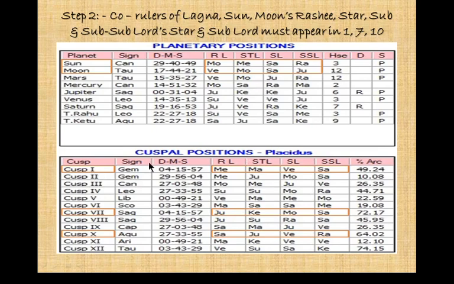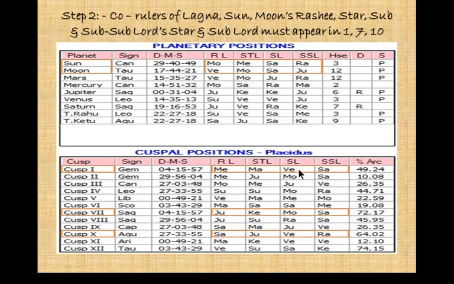And then we have to study cusp 1's Rashi, star, sub and sub-sub, just like we studied Sun and Moon's Rashi, star, sub and sub-sub. So here, as the Lagna is Gemini, the rising lord, the lord of Gemini, is Mercury, and Mercury we have studied here because Sun was in the star of Mercury, so we will not study it again. Then star is Mars. Mars is Moon and Jupiter. Moon appears in 7th, Jupiter appears in 7th and 10th.